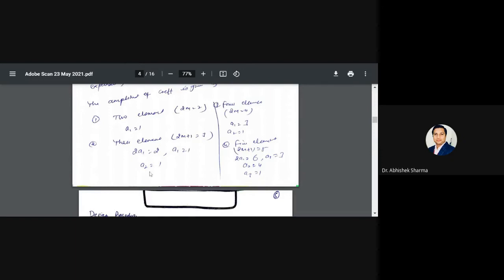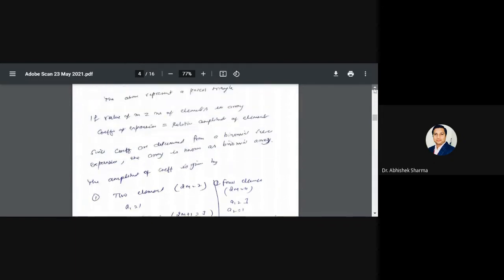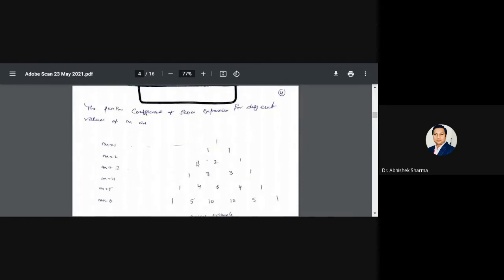And second element is a2. So a2 will be the side element of this one or this one, because on both sides it is symmetric. So this a1 is equal to 1 and a2 is also equal to 1. One element cannot be called an array. If there is one antenna only, then we can't call it an array. So for one element your value will be 1. A1 will be equal to 1.